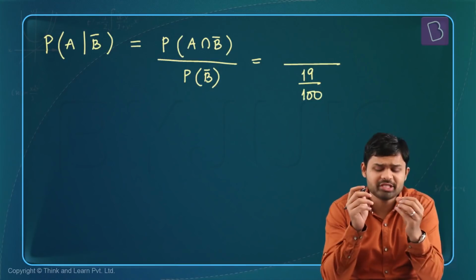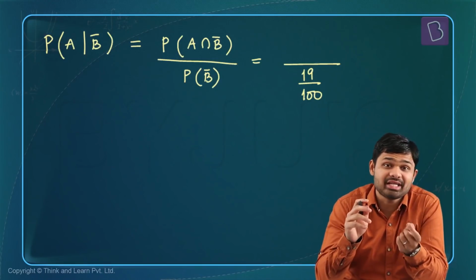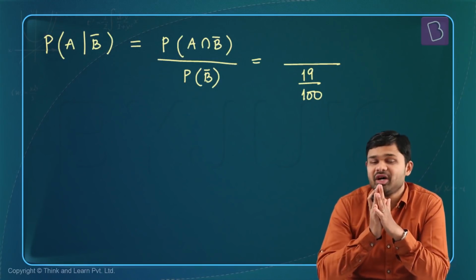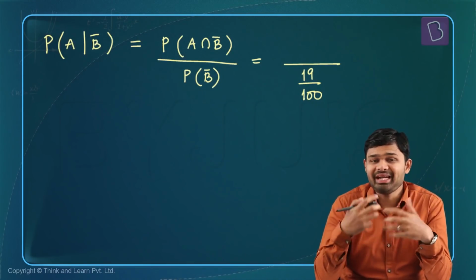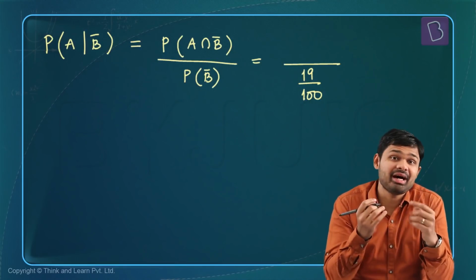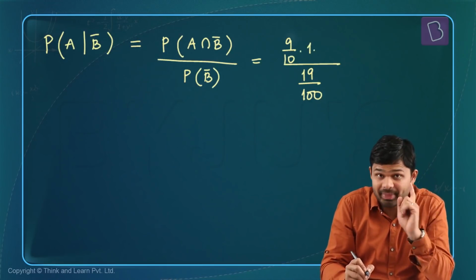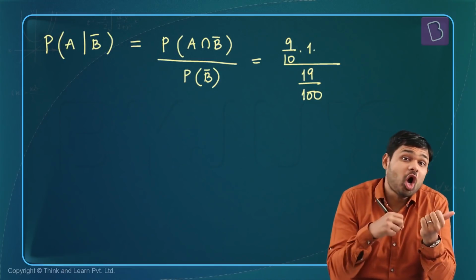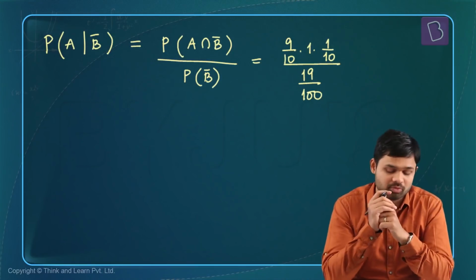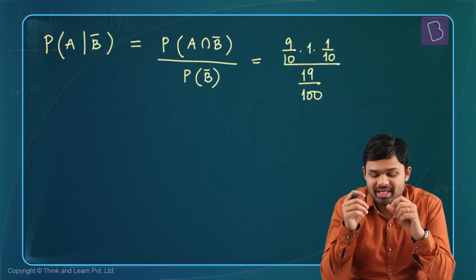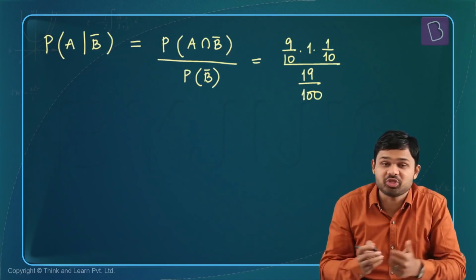Now we have to find out what is P of A intersection B complement. So what is B complement? B complement is the fact that Mohan does not receive a reply. So Mohan does not receive a reply after he's written a letter. Well, that happens, first he writes a letter 9 out of 10 times. That reaches Sohan and he inevitably writes a reply, and the letter has not reached Mohan, which means there is 1 out of 10 times when the letter will not reach Mohan. So the probability of A intersection B complement is actually the probability of B complement itself, which is 9/10 into 1/10, which is 9 over 100.